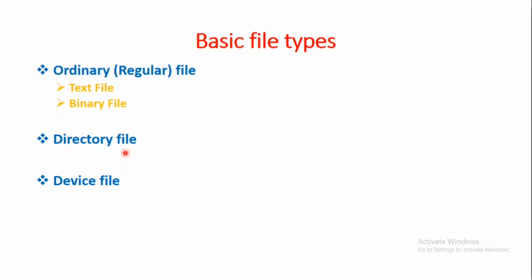Okay. And the last category of file is the device file. So what is a device file? Any hardware device in the system is also seen as a file. So suppose the system wants to access the keyboard or monitor, then it has to access a file that is associated with these hardware devices. And all these file names of device files will be found under a single directory called dev. So under the root directory we have a directory called dev, which contains the device file names.